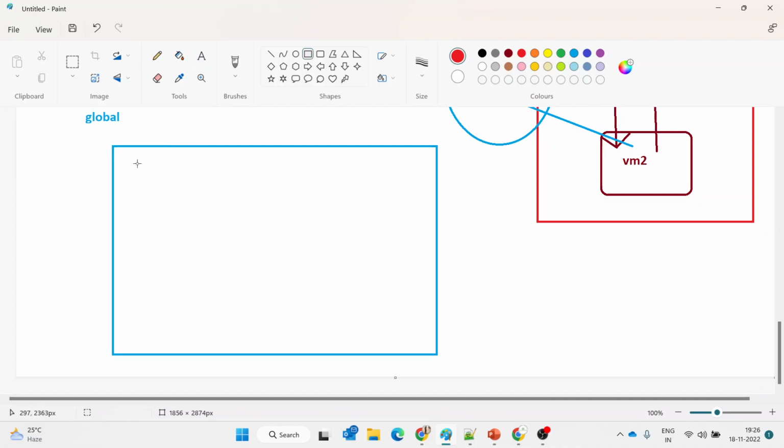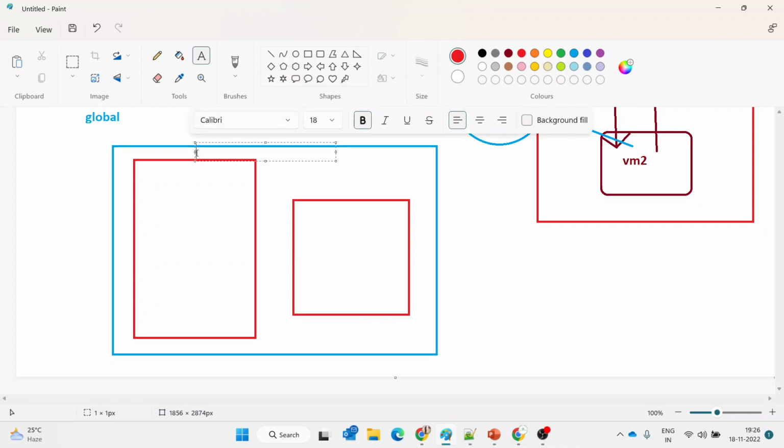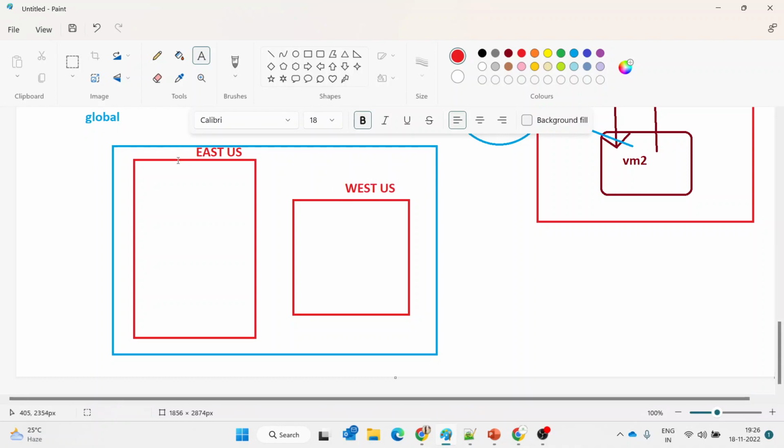In this I will create two regions: one is East US region and one more is West US region. So in East US, suppose I wanted to establish a connection between two VMs in the